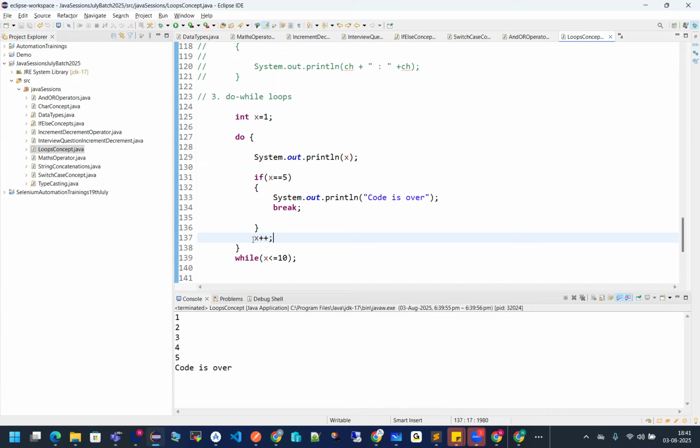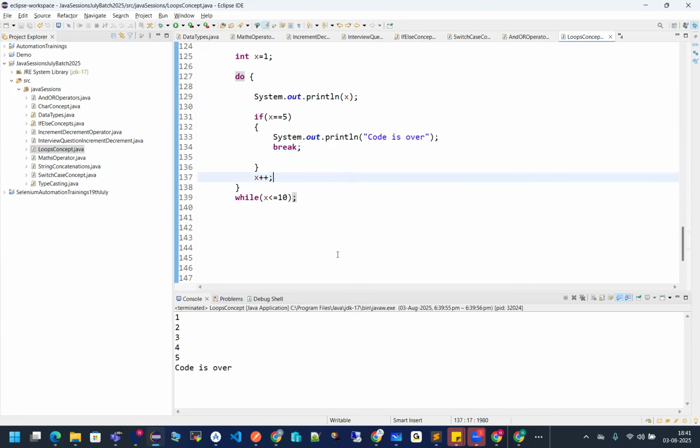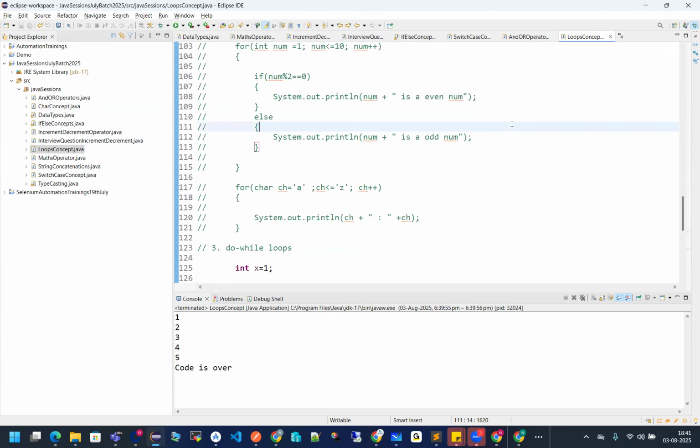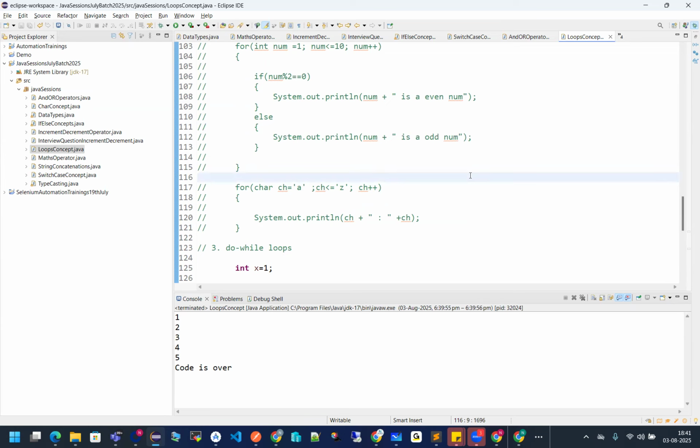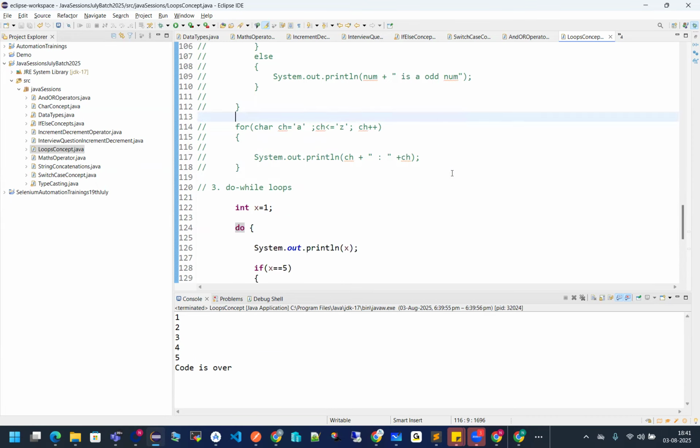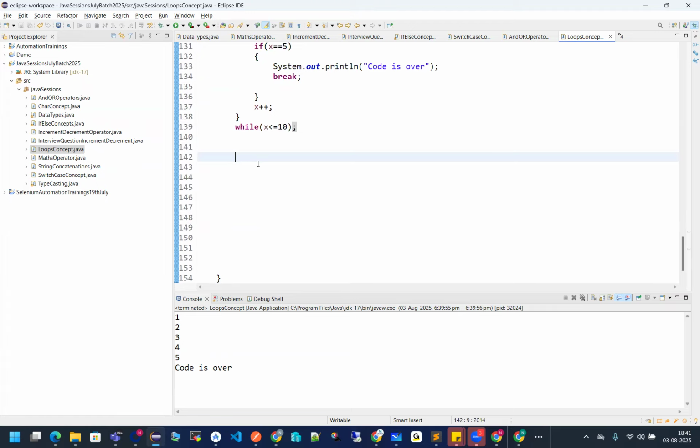Okay. Now this is your do while loop. Easy, understandable. I think logics are cleared now. Now, one more thing I have, that is your nested loops. And from that nested loops, so many coding questions, interview questions are being made out of it. Before telling you that, I am going to tell you what are the use cases for your loops now, because people asked